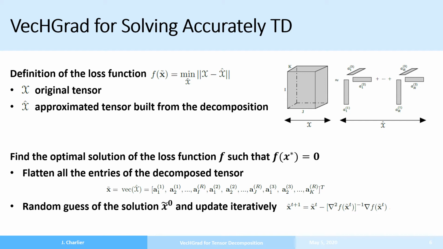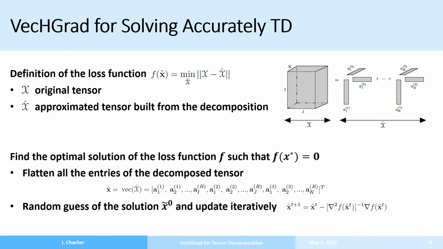We start first with the definition of our loss function. We consider the norm of the tensor. We want to minimize the norm between the original tensor and the tensor based on the tensor decomposition. The original tensor x is known, and the approximated tensor, the tensor inherited from the decomposition on the right part, is